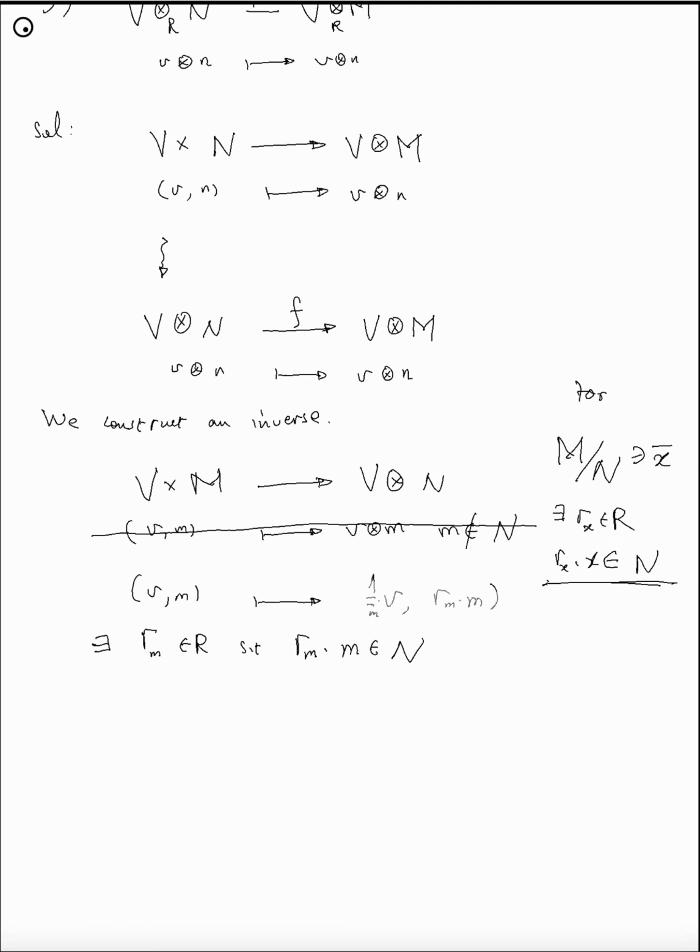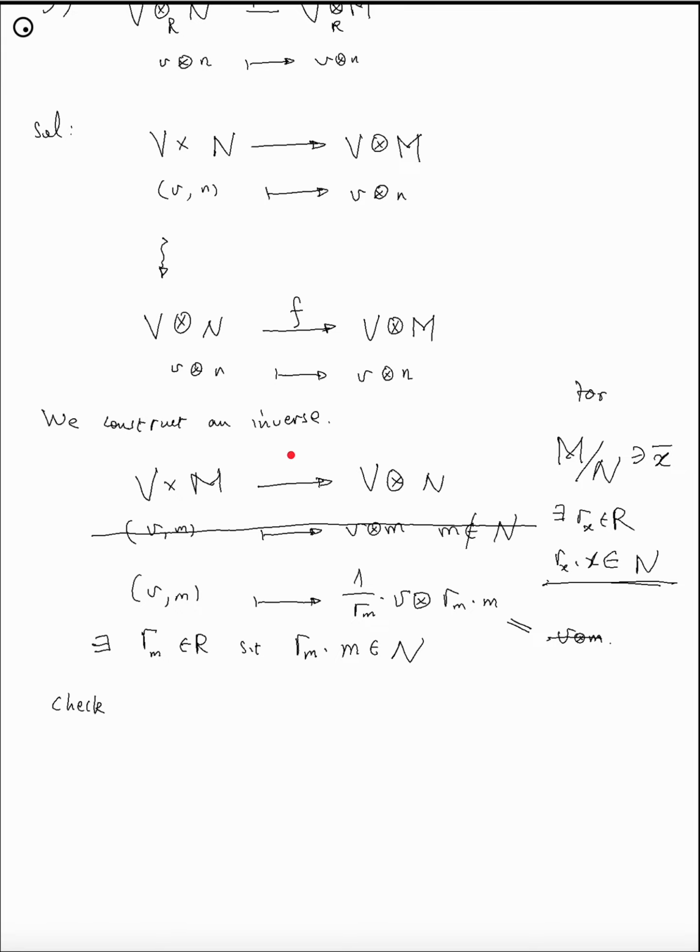Sorry, this is the tensor product. Like this, because this is actually the same as, if you move this R linear, because this is an R module tensor, move this r_m to the right hand side, this is the same as. But inside V tensor M this is the same, but in V tensor N this is not in V tensor N. Okay, so let's first check